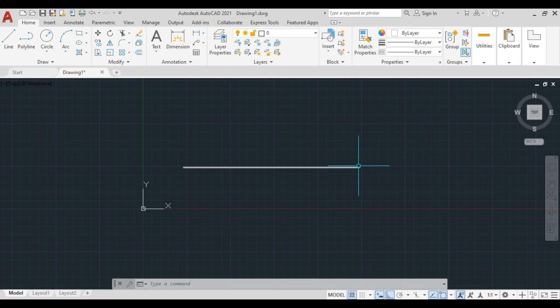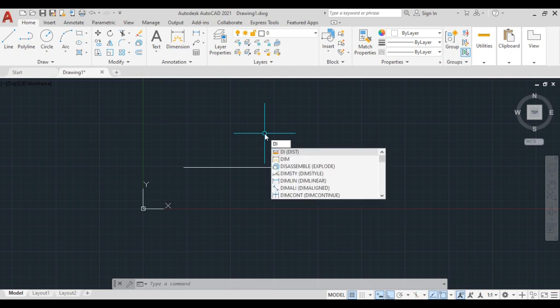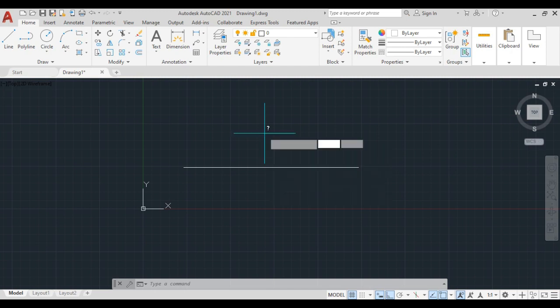Here you can see how we can draw this line of 50 mm. For that we have to check whether it is exactly 50 or not, right? So for that, type di, which is the shortcut key for the distance command, and press enter.